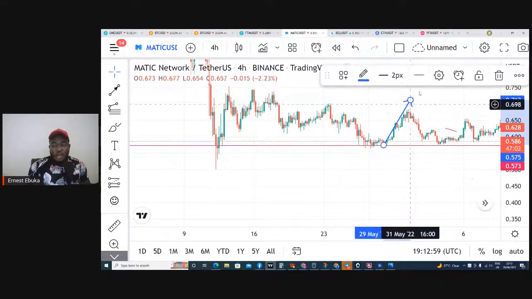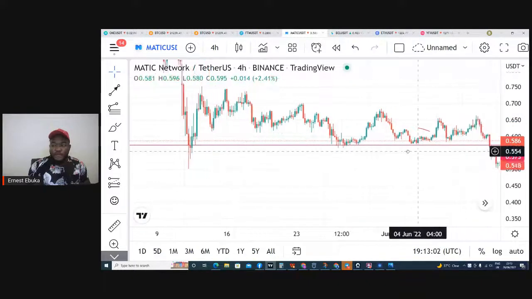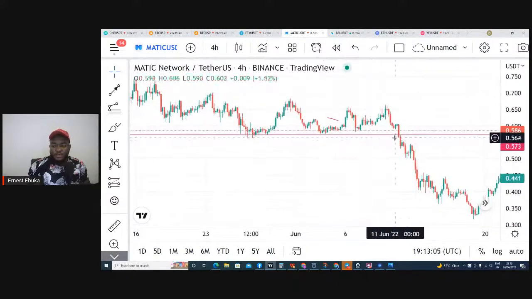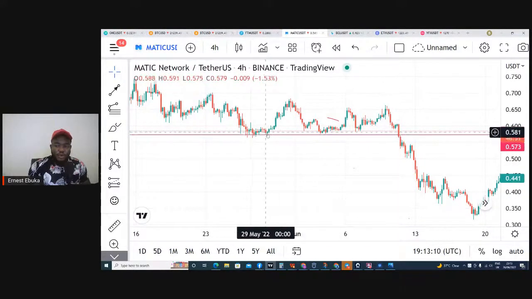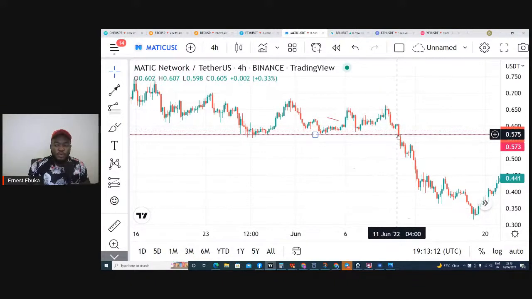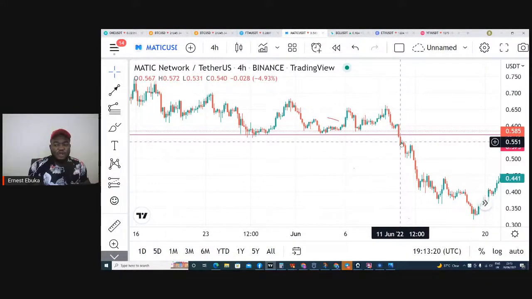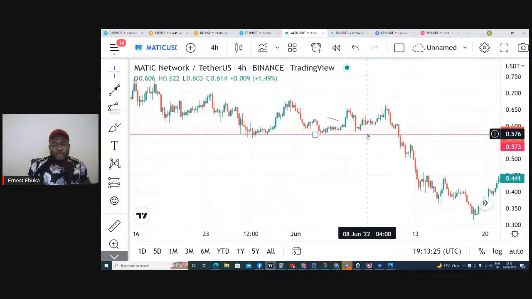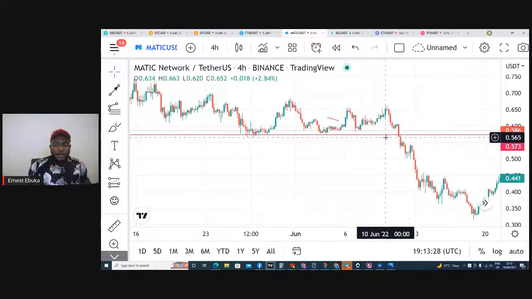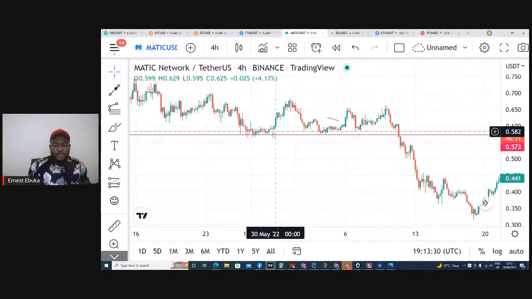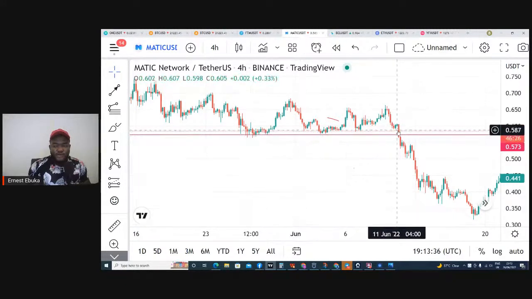Then see one thing that I always told you guys, so that you can wait for a breakout. Okay, let's assume you draw this line and you want to long from here because the price has hit support. Do you know that if you long from this area now, expecting the price to go up, and the price started coming down, you will actually lose money? So that is why I said sometimes do wait for a breakdown or a break up to happen before you can enter. So if you are observing this resistance level, just draw it and wait for the last